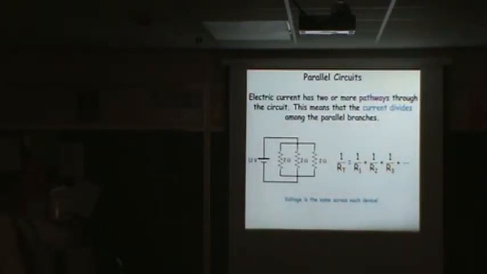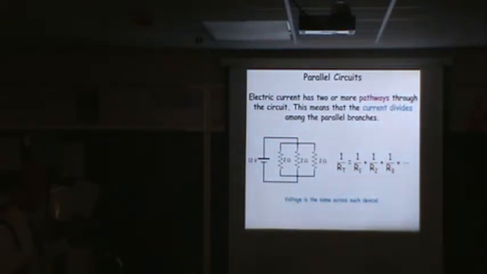Okay, gang, let's get into the only other kind of circuit that we're going to talk about. Then we're going to combine them together, and this is where it gets a little hairy, but it's really not hairy. I think you're going to find it easy schmeezy. But gang, parallel circuits. A parallel circuit is one in which the current has 2 or more pathways through the circuit. In other words, gang, when the current leaves the positive terminal of the battery,